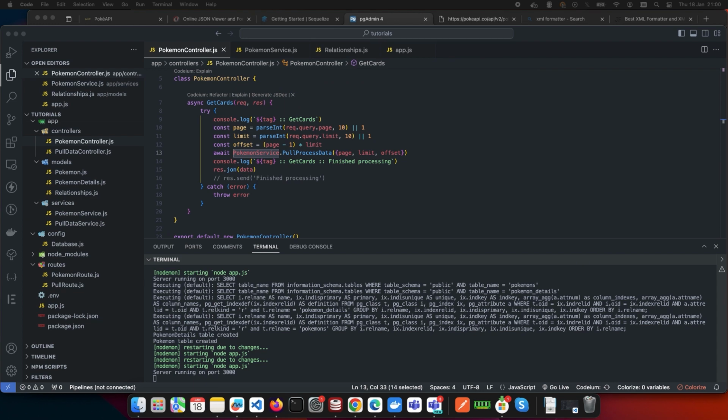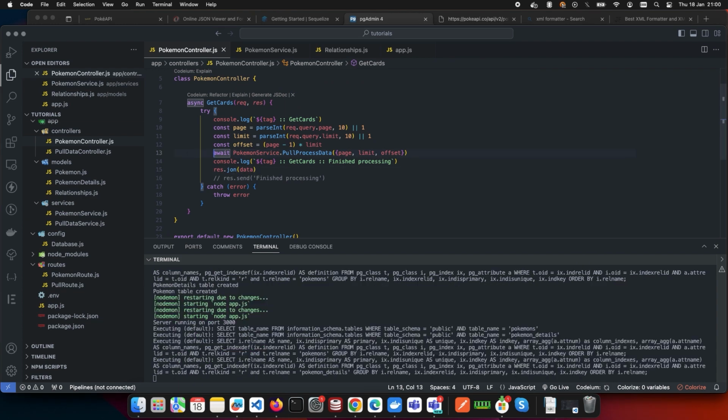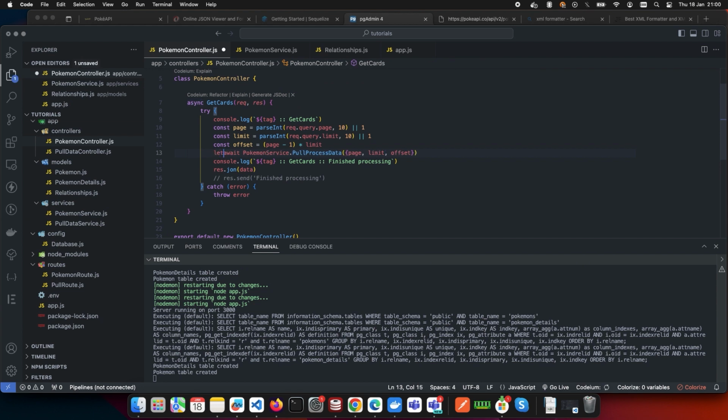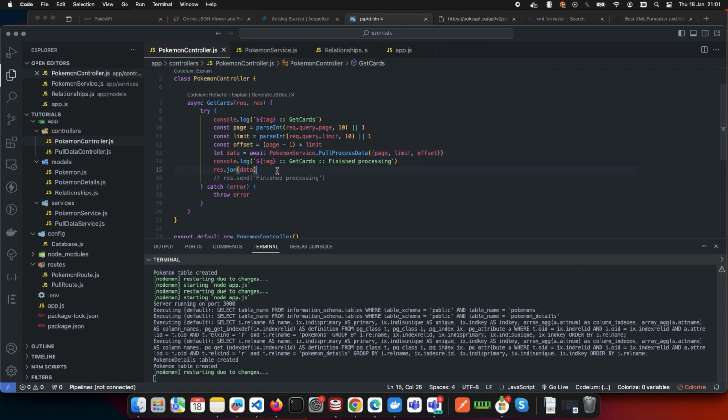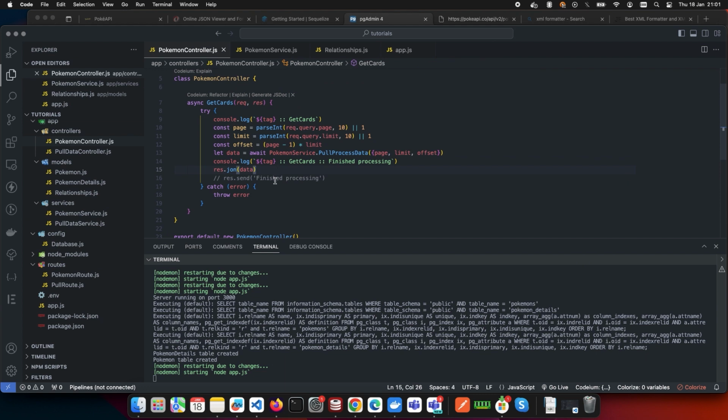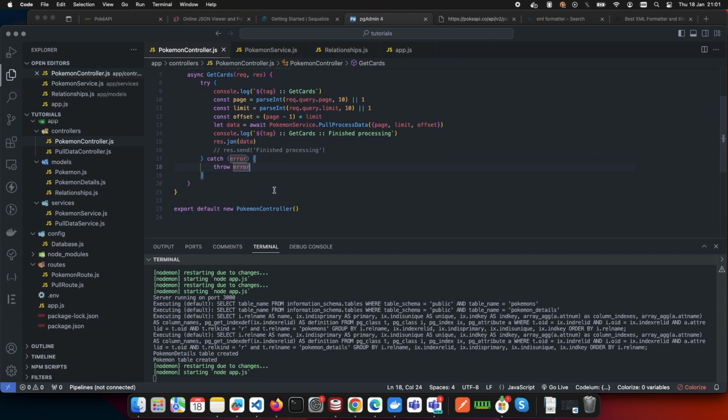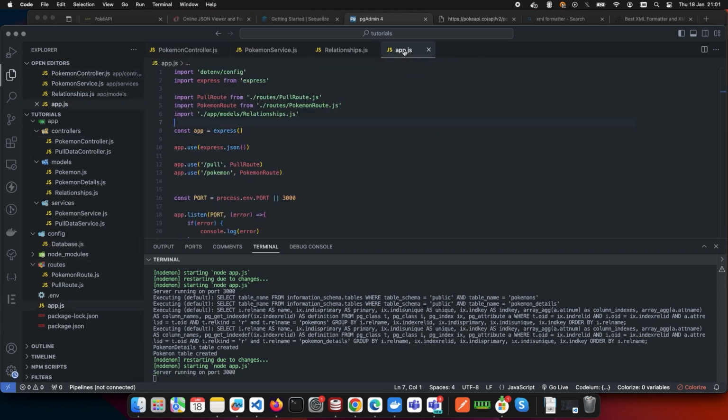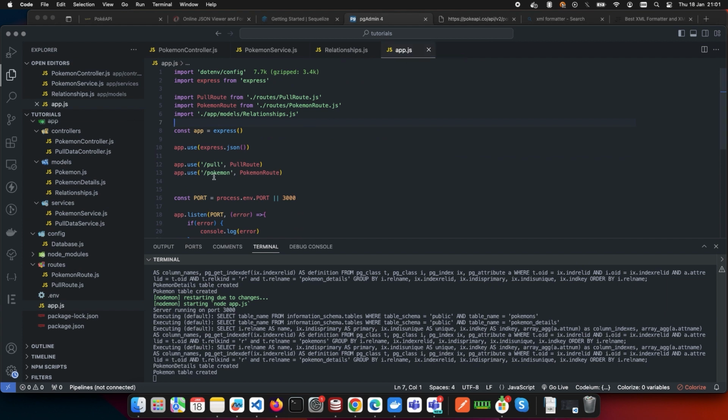How do we access this? Remember, in the app, we've got the /Pokemon there. So what we need to do is set up our Thunder Client. We're no longer using this one. We need to create a new request. With this new request,